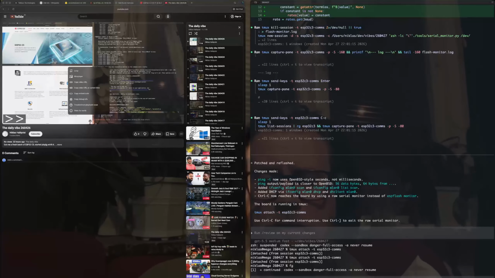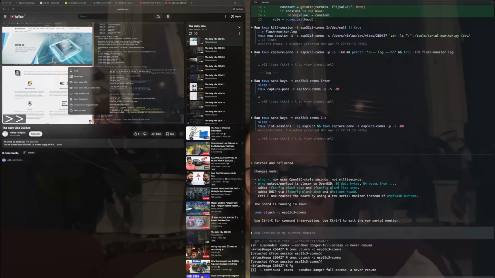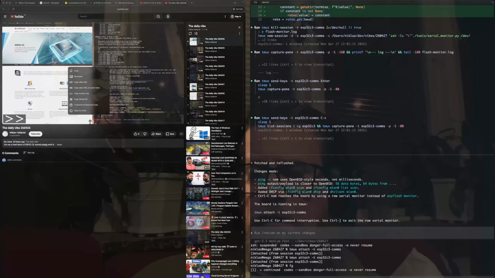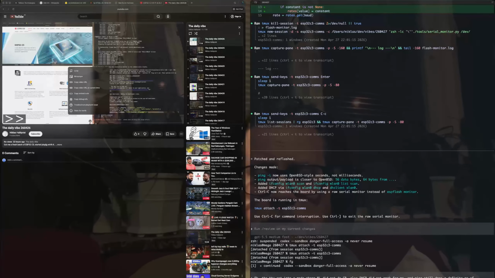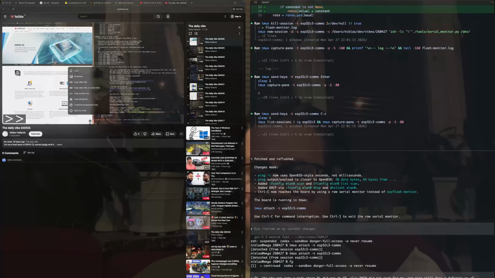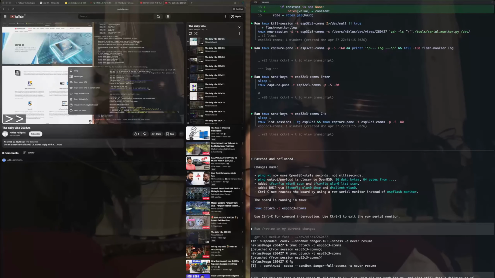And ping still does a definite number of round trips and no minus o by default. That is not the OpenBSD way.